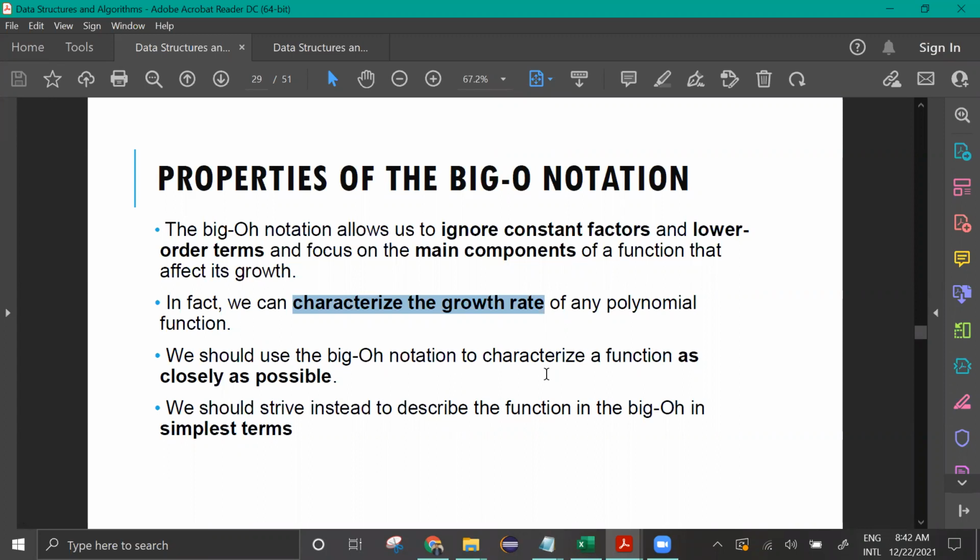So if someone asks how is your algorithm, we can give this big O notation, this big O value, and we can say, okay, my algorithm is like this, right? So for example, if someone asks how